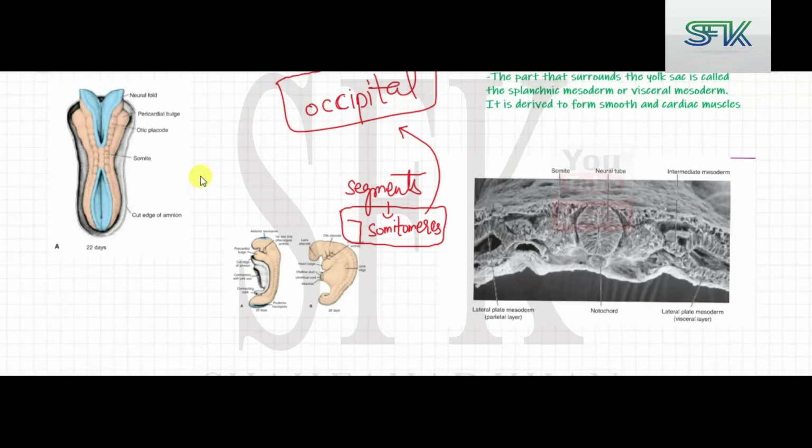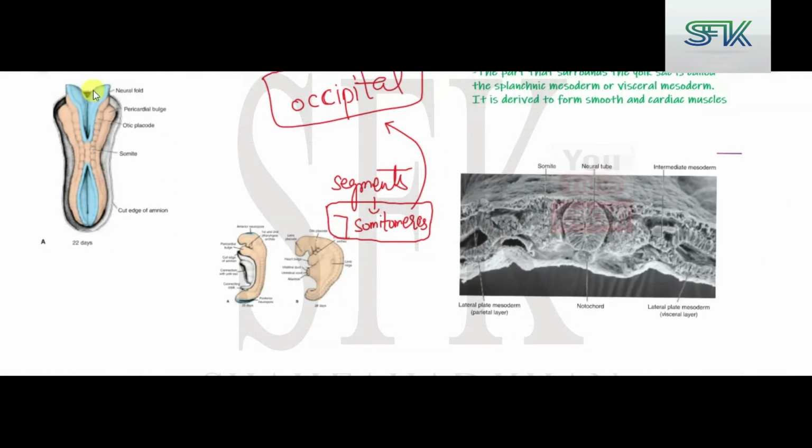Now, as we go along the craniocaudal axis, from the cephalic end towards the caudal end or the tail end, immediately after the occipital end, the paraxial mesoderm